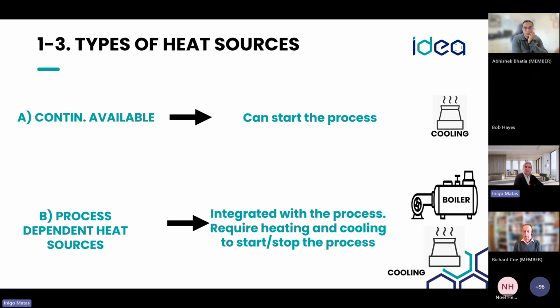The first thing, we still need the boiler to supply, let's say, a steam to a distillation column. We need to establish the distillation, and only when the distillation is active and we are recovering heat from the condenser is when we can switch into the heat pump. So we will be stopping the fresh steam coming off the boiler and then running off the heat pump. But implementing a heat pump doesn't mean necessarily that we can get rid of the boiler. In this case, we will still need the boiler, we will need the cooling tower, or whatever, the way we are removing energy of the system.